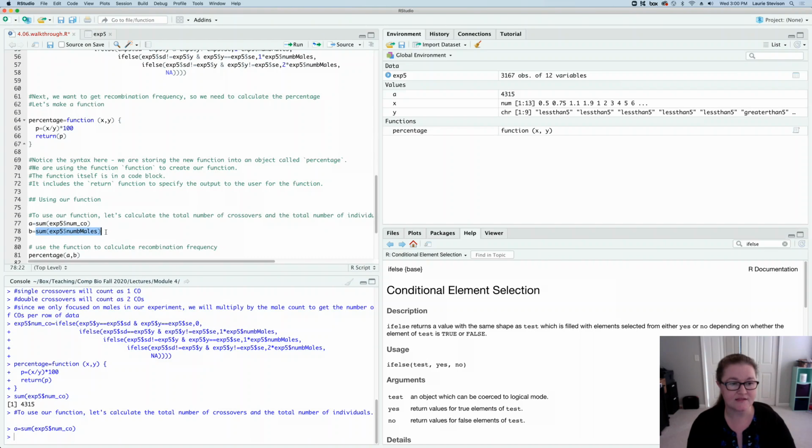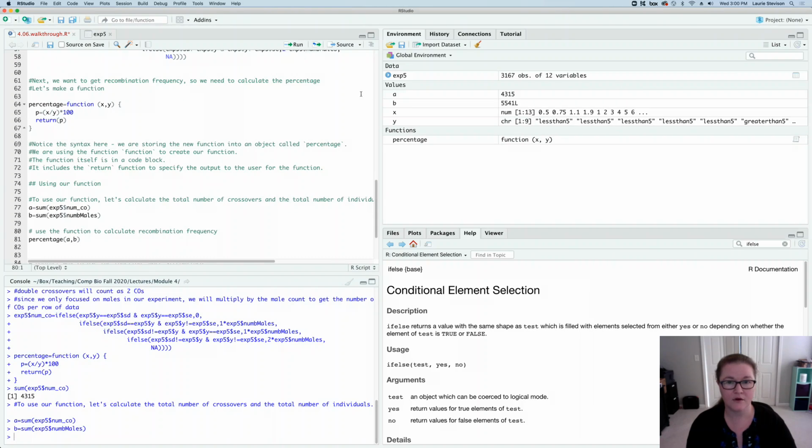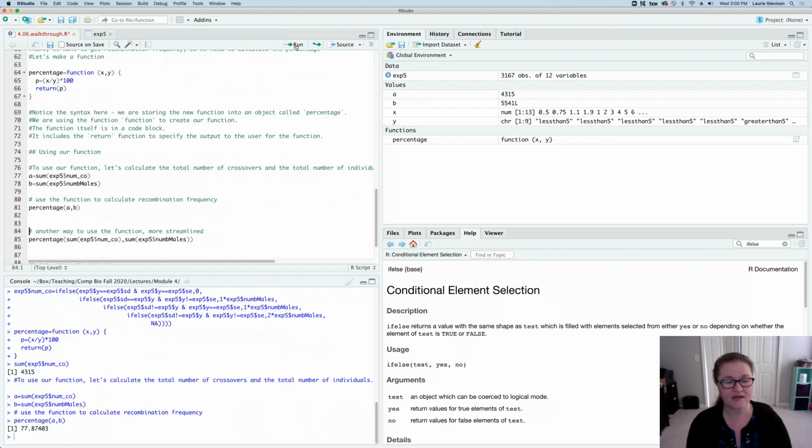Similarly, we can take the sum of total number of progeny, which again, as I said, in this experiment was only males, so that's going to come from this num males column, and we can take the sum of that over this whole data set and store it in an object B. Okay, so now we have these two numbers, and we can use our percentage function to get the percentage of A and B. And we get something like